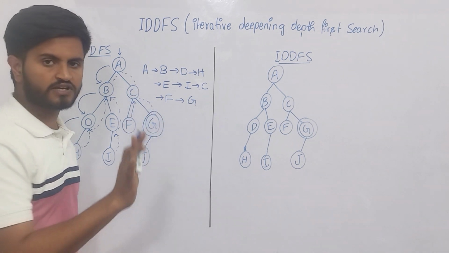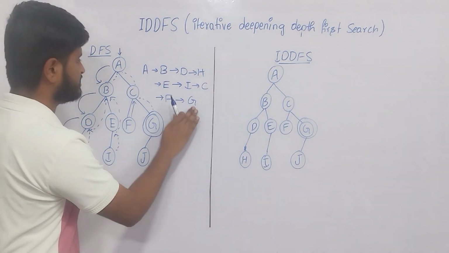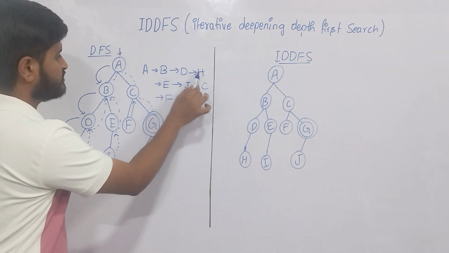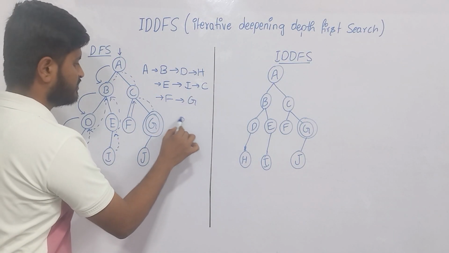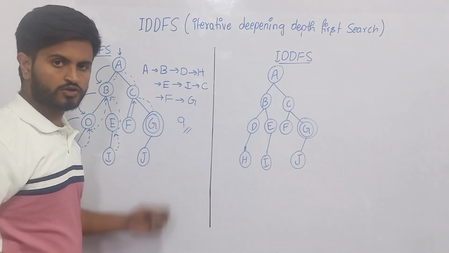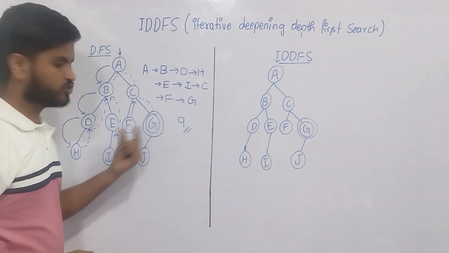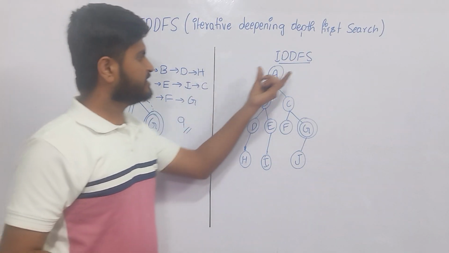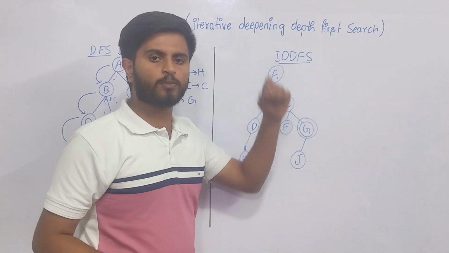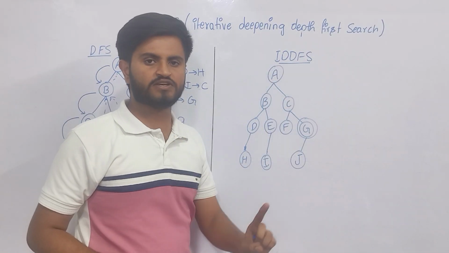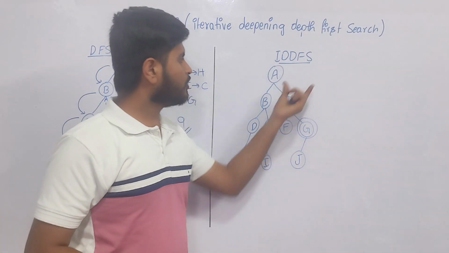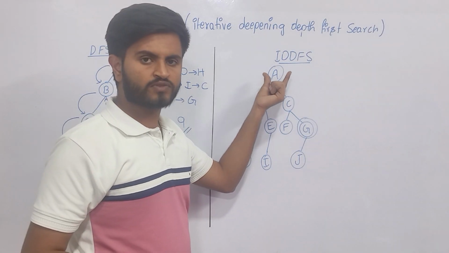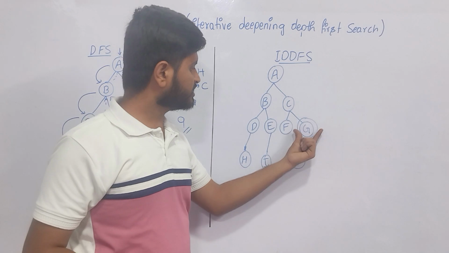So how many nodes did I use to reach the goal state from the root node in DFS? 1, 2, 3, 4, 5, 6, 7, 8, 9. So I used 9 nodes to travel from the root node to the final or goal node. Now let's see IDDFS, which gives the optimal solution compared to the DFS algorithm. How many nodes does it take to move from the initial or root node A towards the goal or